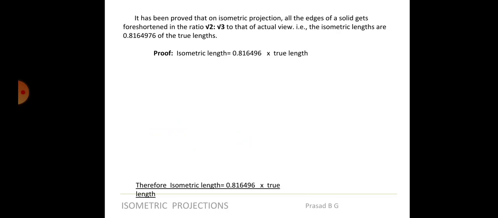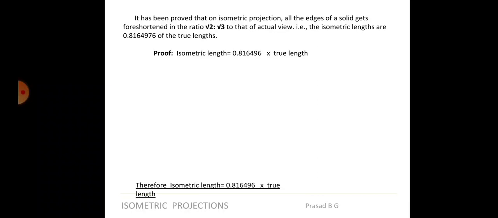I will just show you the derivation, how we actually get it. Anyways, as far as your engineering graphics examination is concerned, you will not have to prove this, because that is nowhere it will be asked. You will only be asked to draw the isometric drawing. But for your understanding, why it is reduced to 0.8164, you have to know. But from the drawing point of view, you need to remember that the iso scale, or the length of the sketches in the isometric drawing, will have to be drawn at 0.8164 times the actual length.